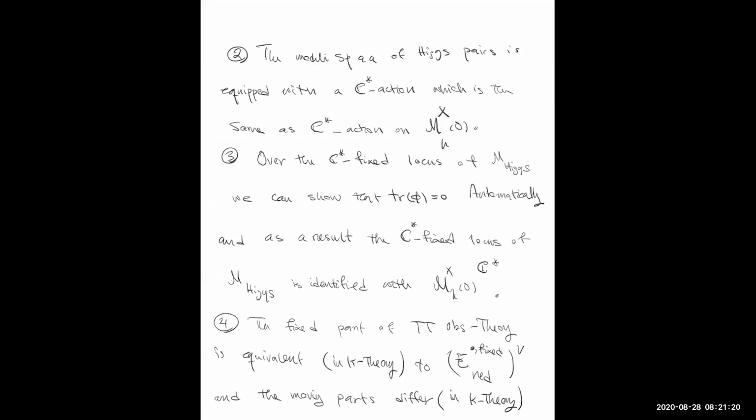The moving parts differ by a trivial bundle of rank equal to the arithmetic genus of the surface. So in fact, in K-theory, if I look at these things, these are objects of deformation obstruction complexes, objects